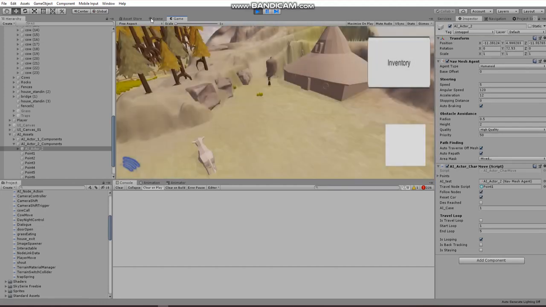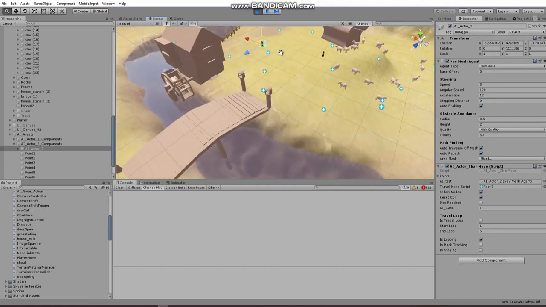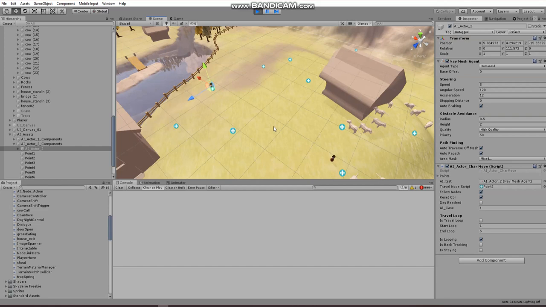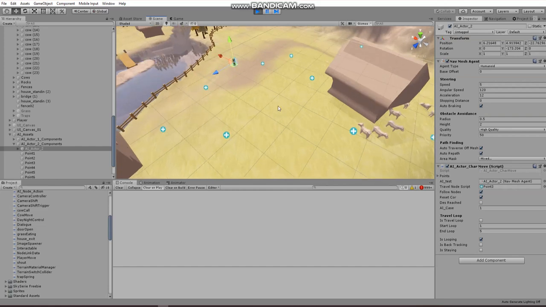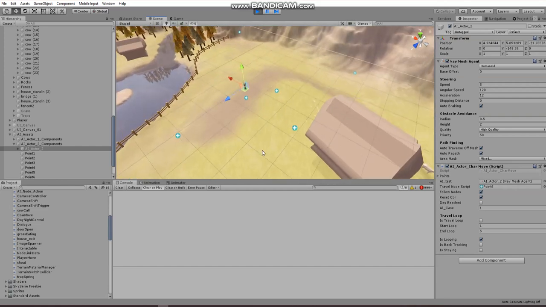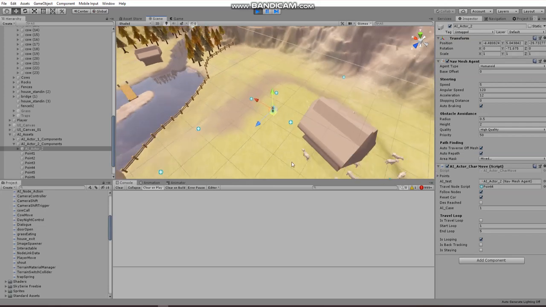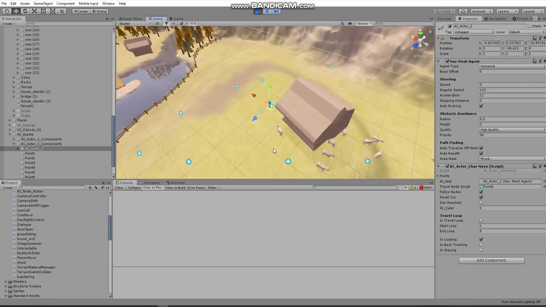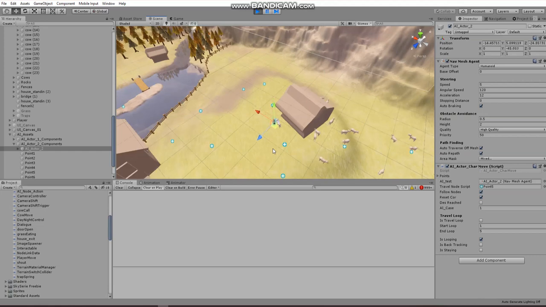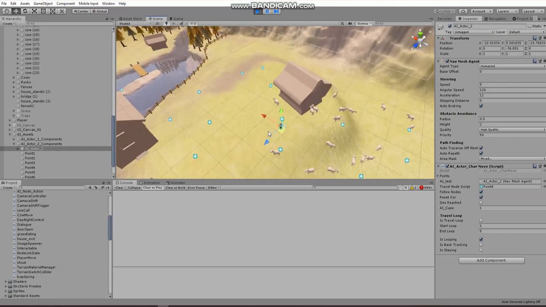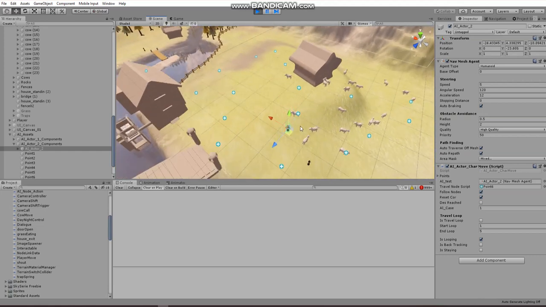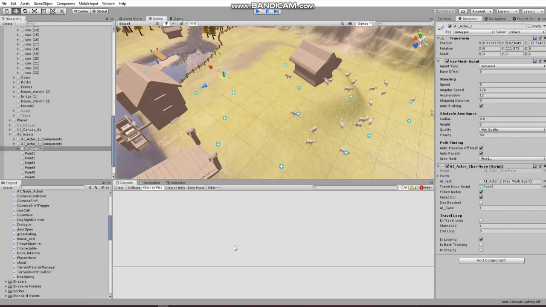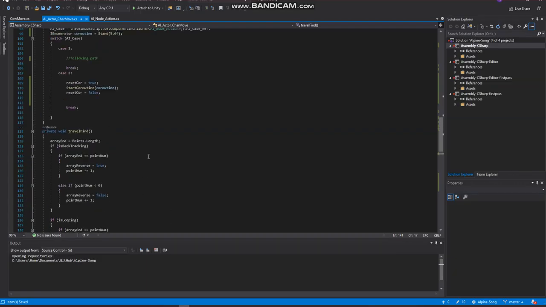Okay, let's see. First one, yep. Second one, yep. We've broken the coroutine, which we'll have to fix again. But I'm pretty sure this will go to 0.1. Yep, okay, good. So that's fixed. Now we broke the coroutine